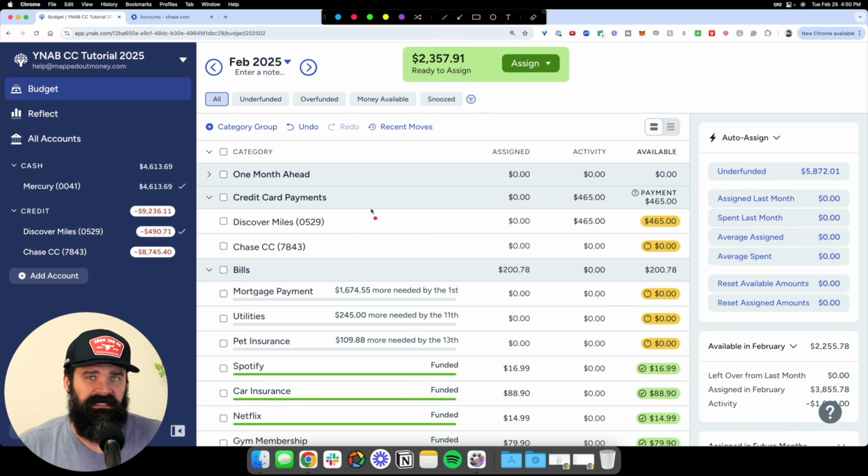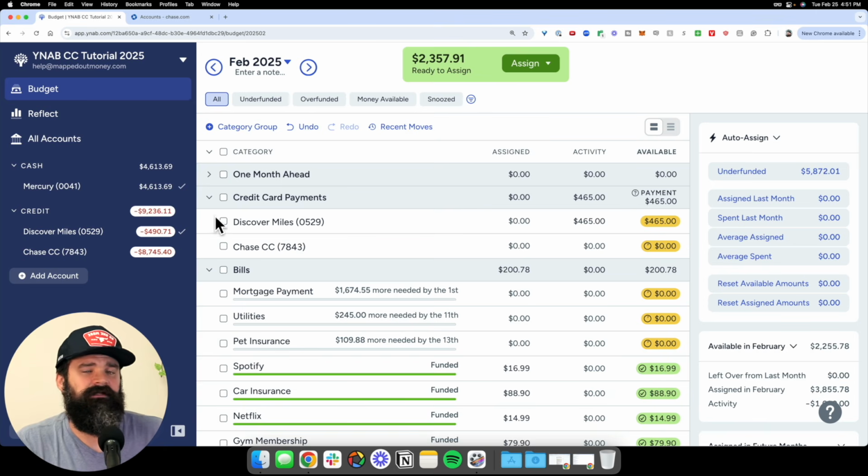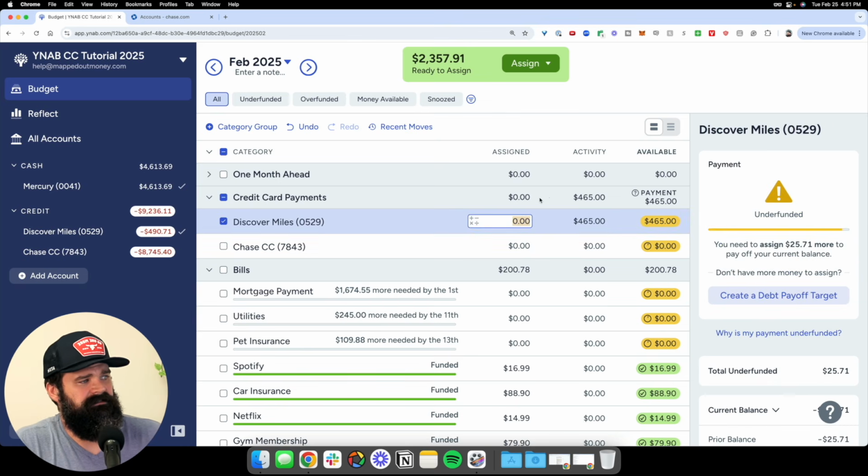I mean the entire balance on the card, you can wipe it out completely. The first type of person, if you can pay your card completely off right now at any moment, all you need to do is for your assigned column,